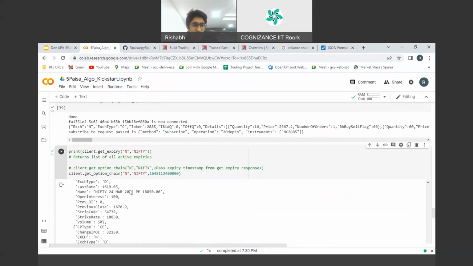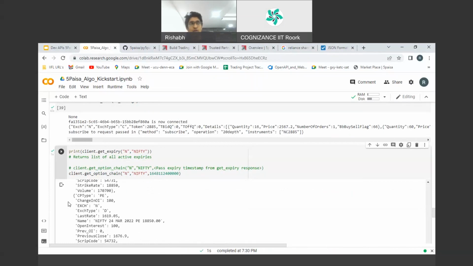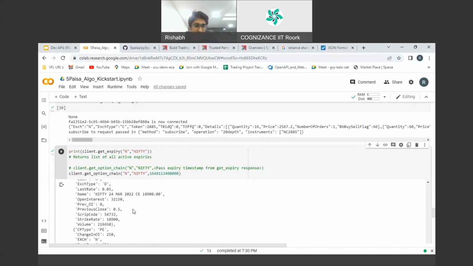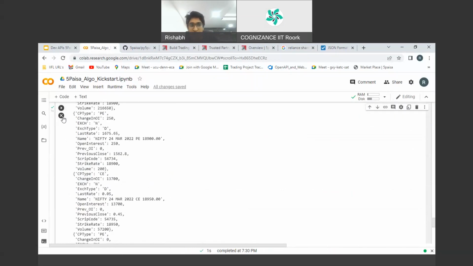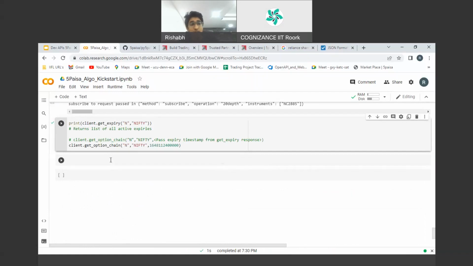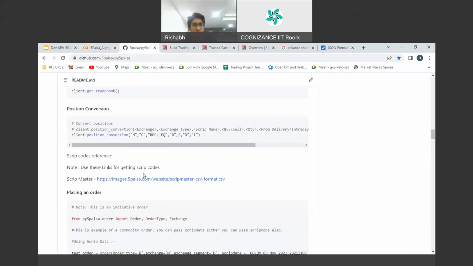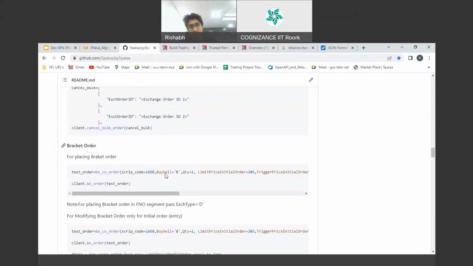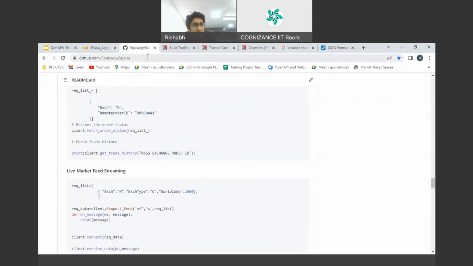So you get to know a lot of things. These few features are really for pro traders and won't be very relevant to you now, but I think if you know it, maybe in future it will help you somewhere or the other. This gives me a lot of information about this contract, and it's really relevant information. Then the most interesting part that we have in Kickstart, I have not put over here. I want to show it to you directly on the documentation so that it's relevant for you. I'll put this link in the chat. I guess I missed that.